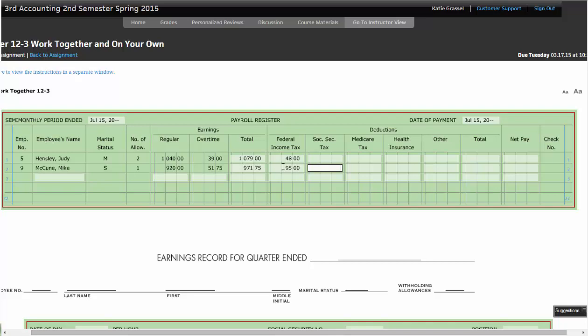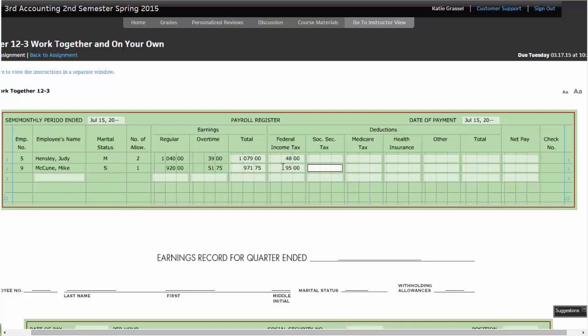Okay. What's going to happen, though, let me point this out to you. If I did the math wrong here for total earnings, this number would be wrong. What else would be wrong? My federal income tax would be wrong. My Social Security tax would be wrong. My Medicare tax would be wrong. So miscalculating this number here will make everything be wrong for that employee. Slow down, double check. That's all I can say about payroll: slow down, make sure it gets done